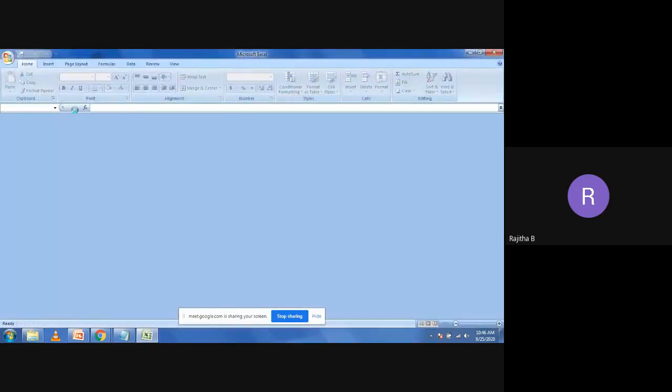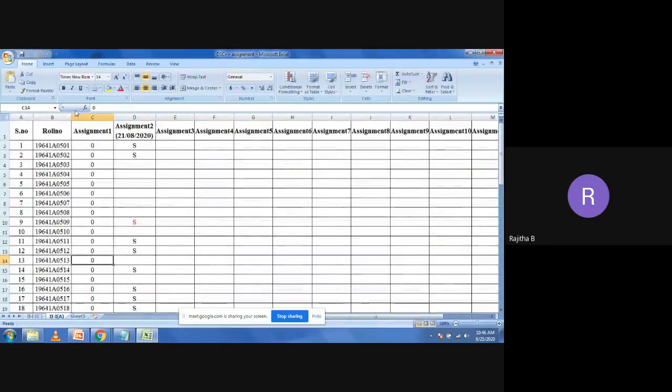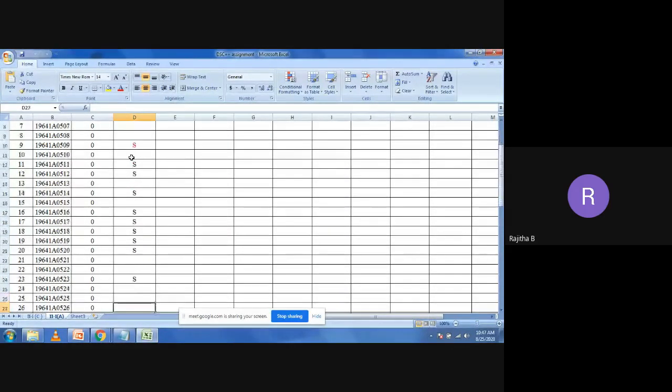Now you can see this. S means submitted. So rule numbers 1 and 2 submitted the assignment, and some of the people submitted late, so for that I'm taking LS, late submission. After 5 p.m., rule numbers 30 and 32 submitted the assignment.